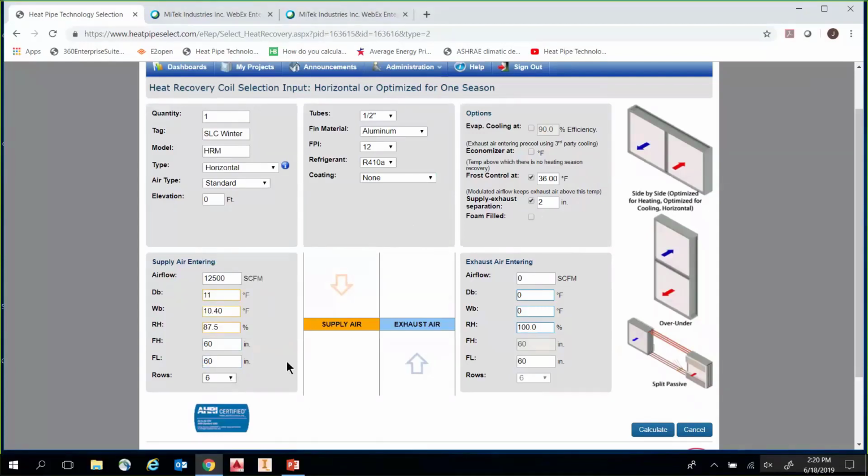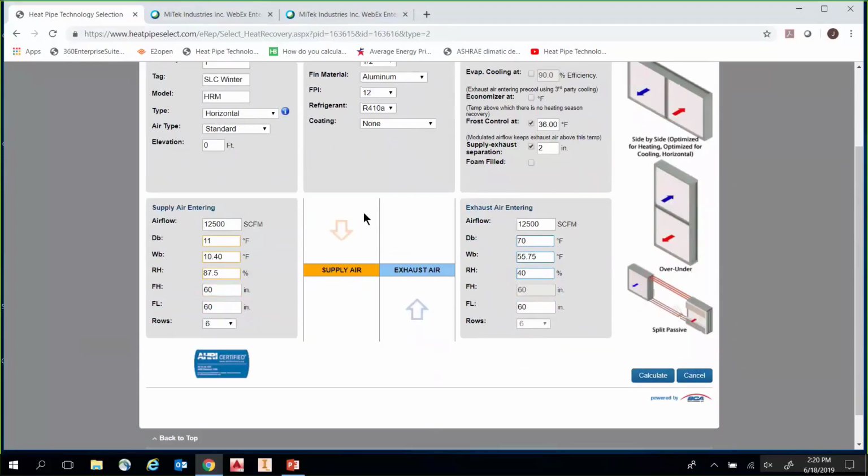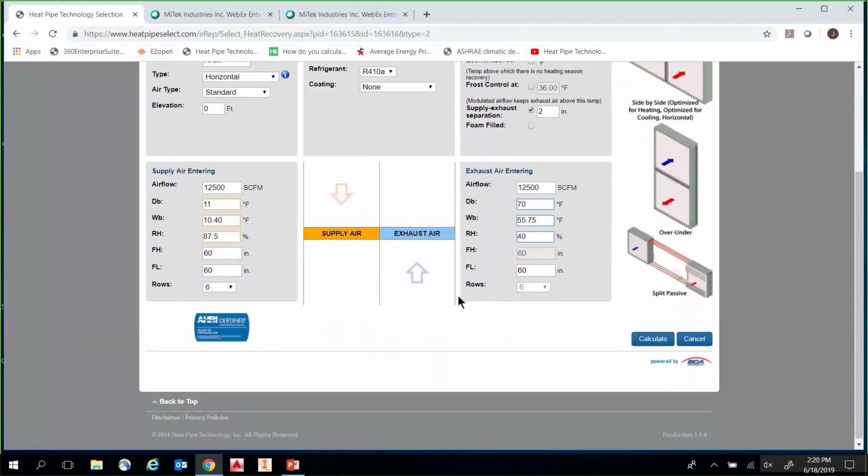Start with 6 rows. And then if we move over here to the exhaust side, again, 12,500. And let's do 70 degrees dry bulb. And our RH is going to be 40% RH. So that's a good starting point. Let's see. I'm going to unselect frost, see what happens, so you guys get an idea of full performance without having to bypass anything. So if we click calculate,